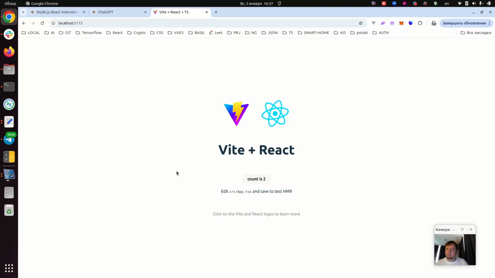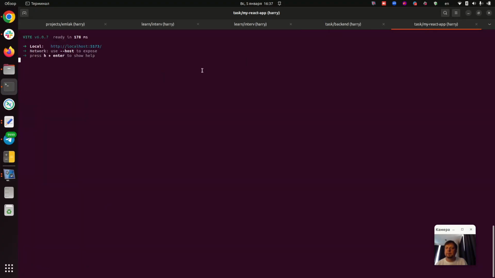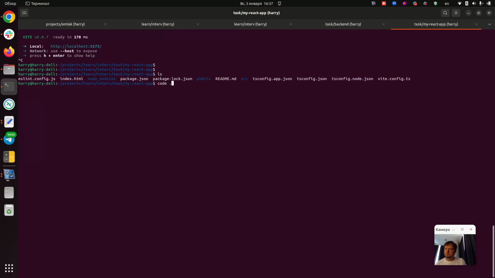Well, after trying for some time to set up a new React application using create React app, eventually I did create it using Vite, or Vite. I don't know how to spell it correctly still. So yeah, it does work. So we run the